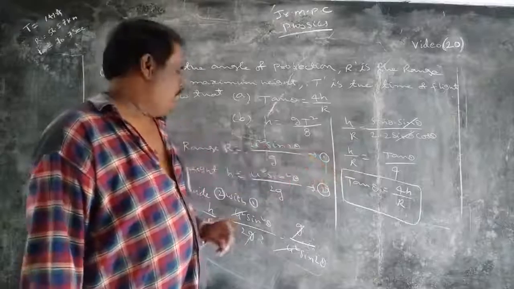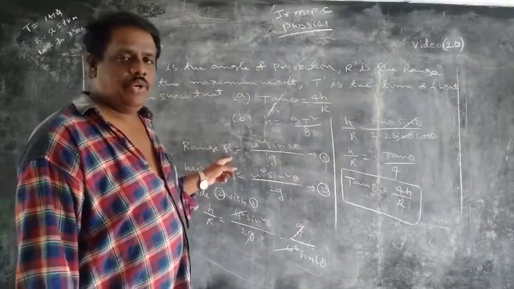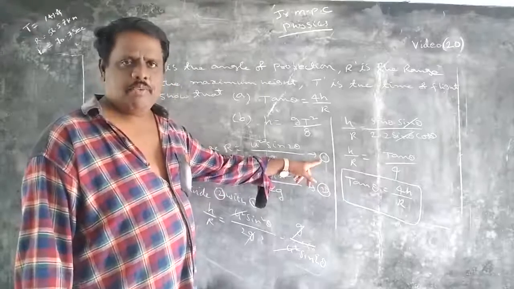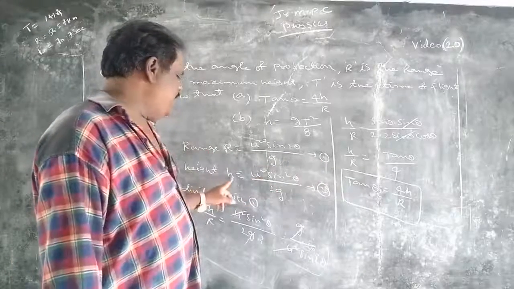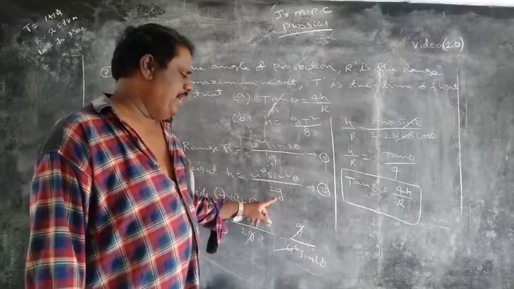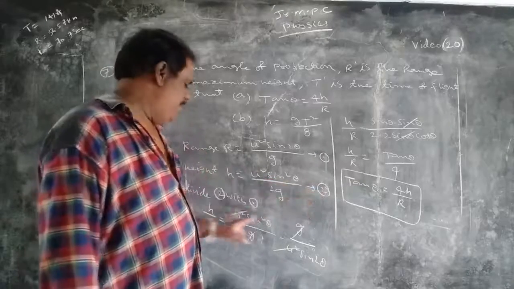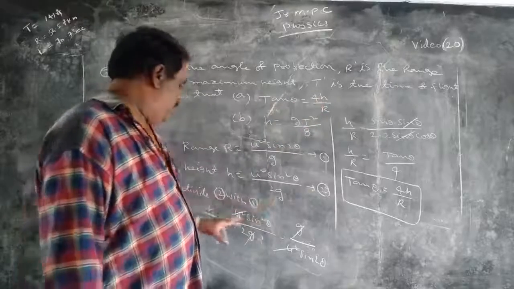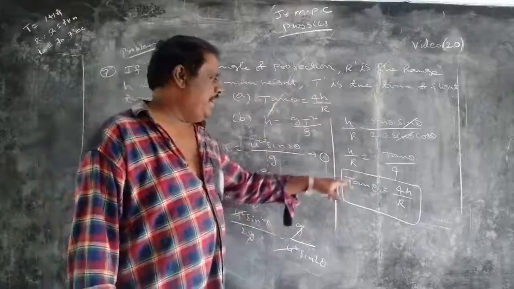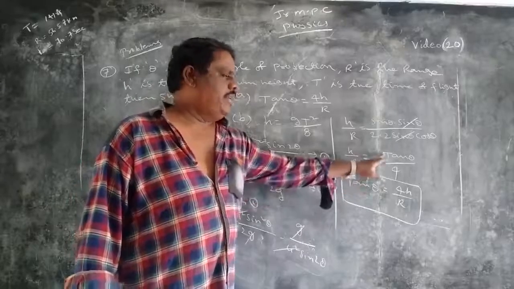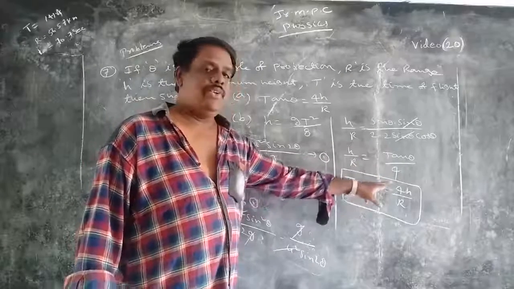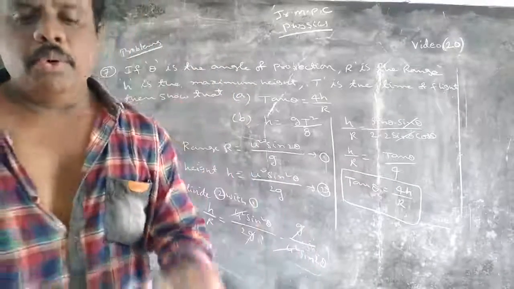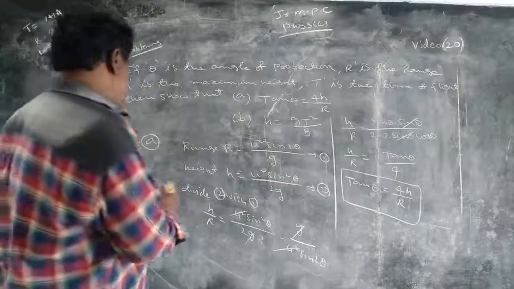Hence we have proved. So once again, the formula for range is u squared sin 2 theta by g. Let it be equation 1. Height h formula u squared sin square theta by 2g, equation number 2. Divide equation 2 with 1 because we need the ratio h by r. On solving we get h by r is equal to tan theta by 4. Therefore tan theta is equal to 4h by r. So this is the first case. First case we have proved. So next, case B. What is the B case?